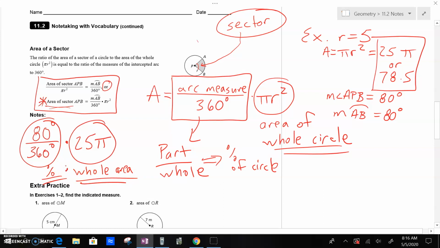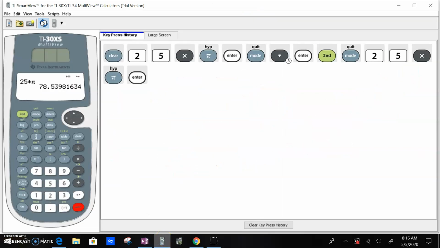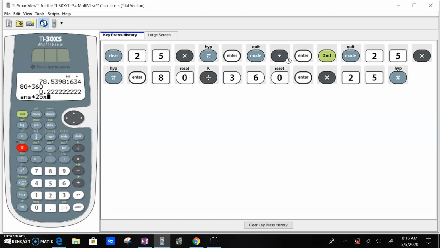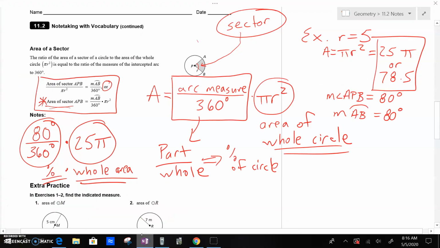So again, we've got our 25 pi, we know that's our area. 80 over 360 is our percent. So I'm going to go to the calculator, and I'm going to say 80 divided by 360, and we'll hit enter just to see what that is. So there's our percent, so 0.22 or 22%. And then we're going to multiply that by our area of the whole thing, which we said was 25 pi. So our 0.22222, or our 22%, times 25 pi, and we're going to get an estimate, which is 17.45, or we round up to 17.5. So that means this little area of the sector would be, in the example we're using,